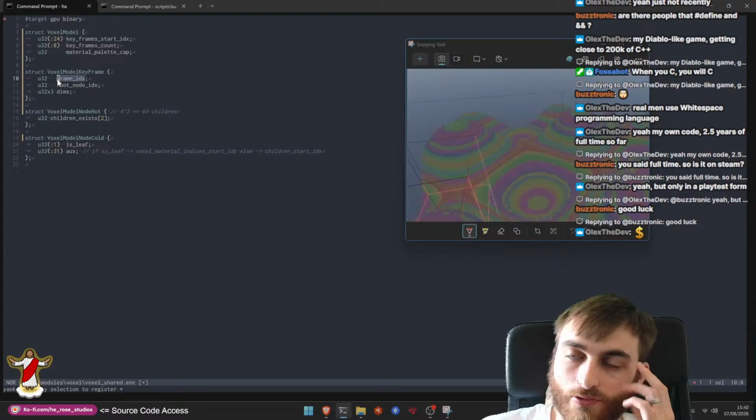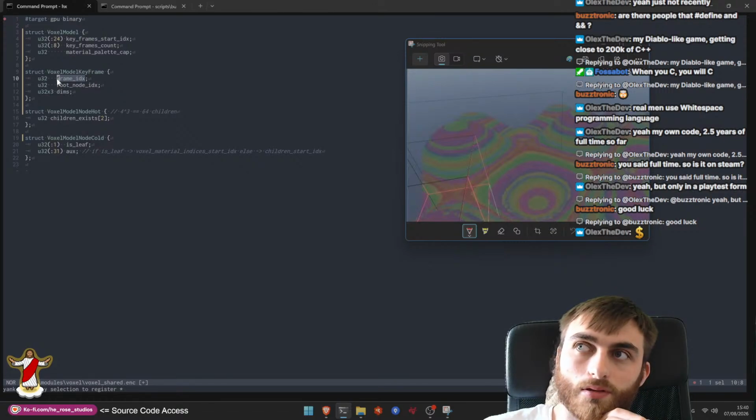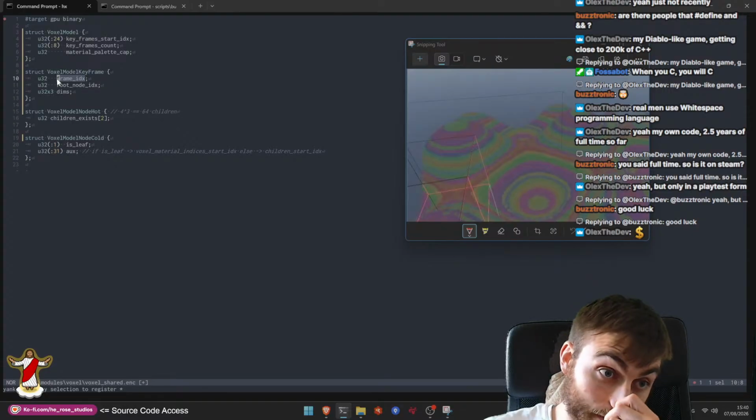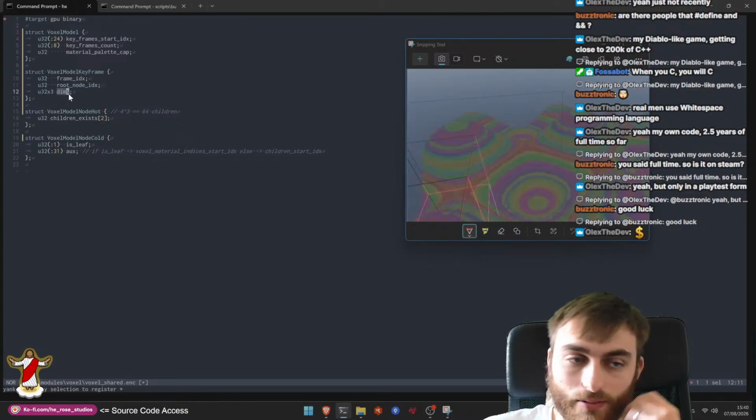The frame index, you could put that into a separate array and then only use it CPU side. Never upload it, that saves memory. And that's 4 U32s. But the dims, you see,